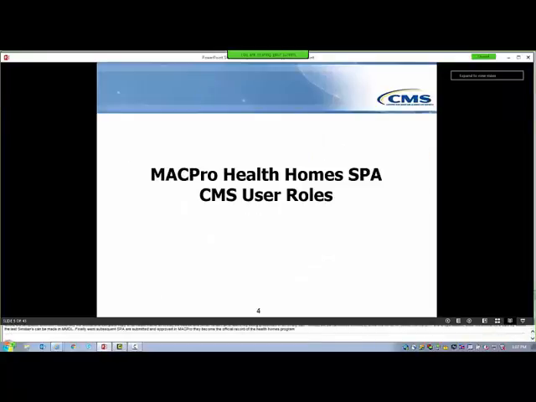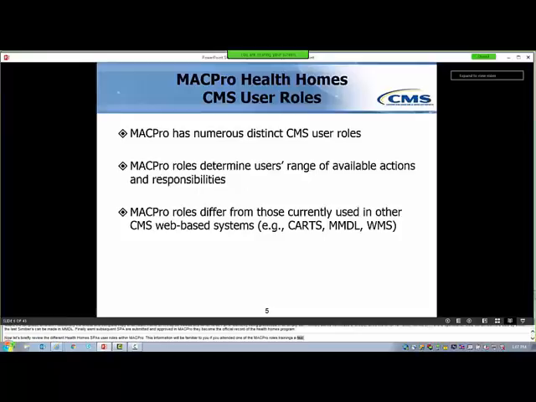Now we will briefly review the different Health Home SPA user roles within MacPro. This information will be familiar to you if you attended one of the MacPro roles trainings a few weeks ago. A number of distinct roles have been established for CMS within MacPro.